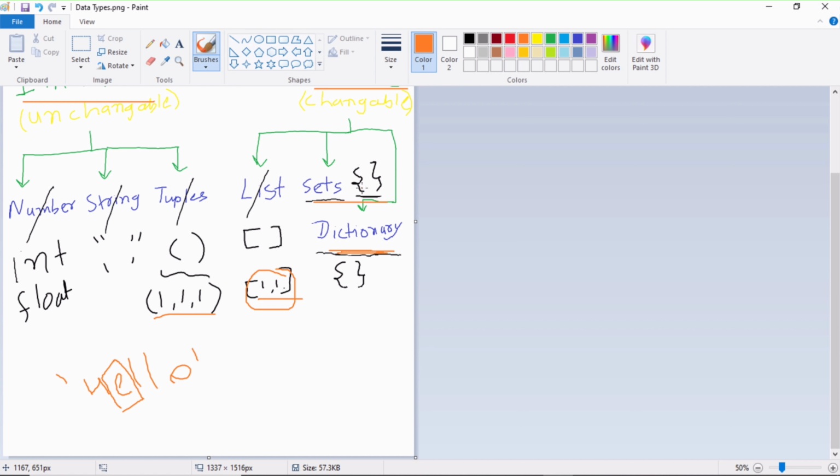So I cannot have duplicates, and we can change one data type to another data type, like we have seen today or in the last tutorial video. And if I pass this list inside a set, then it is going to return only one of each, because it is going to remove the duplicate items. So I will have only unique values.